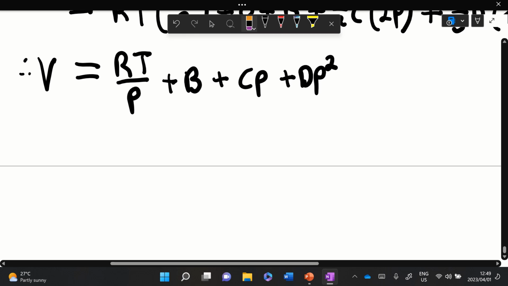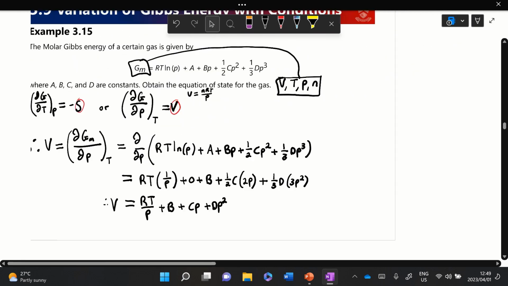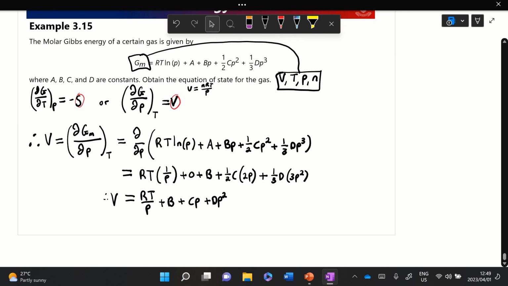So essentially, if you get asked this kind of question, you just want to find an expression for either V, T, P, or N, to relate whatever function you're given to either of these quantities which are measurable, and give the final function. Okay, that is essentially